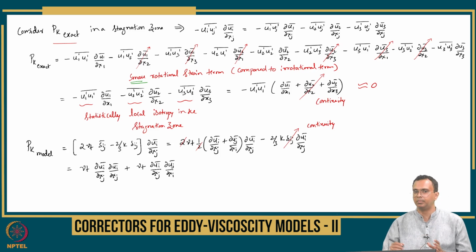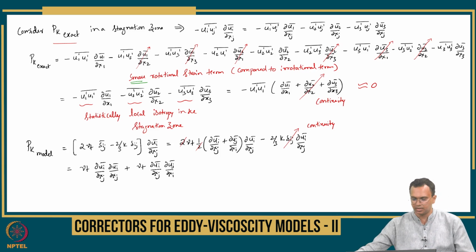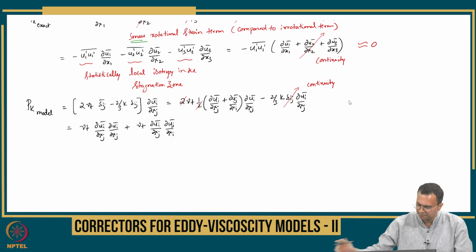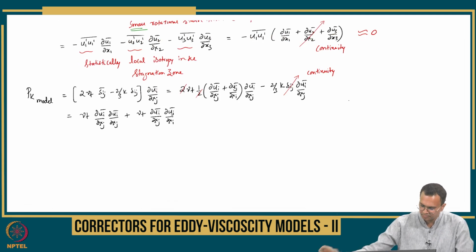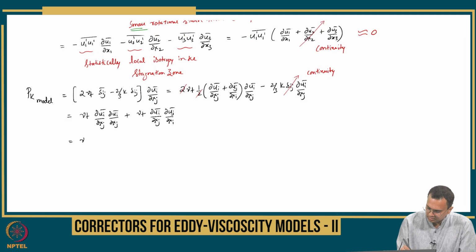This is sum of 9 plus 9, 18 terms. So let's expand it and see what happens to that. So if I expand this, I get nu t of